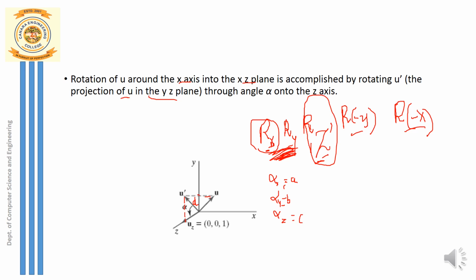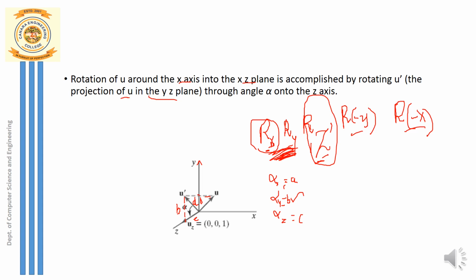So what do I do? The x component here I don't have to consider. Why? Because it is a yz plane. Let me consider the y component. This is the y component of this vector, which is given by b along the y-axis. But I have drawn a projection which is parallel to the y-axis. So can I also consider the component parallel to the y-axis as b? I can consider this as b because this projection is parallel to the y-axis. Now, what is the component along the z-axis? The component of the vector along the z-axis is given by c.